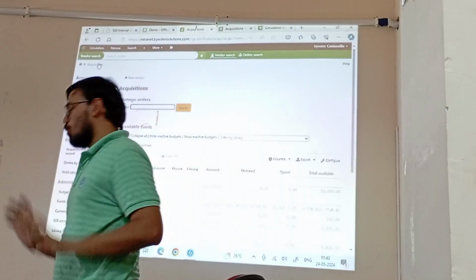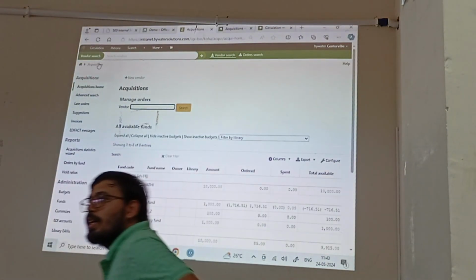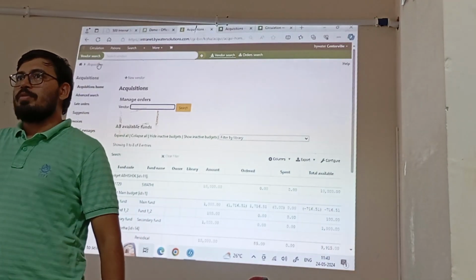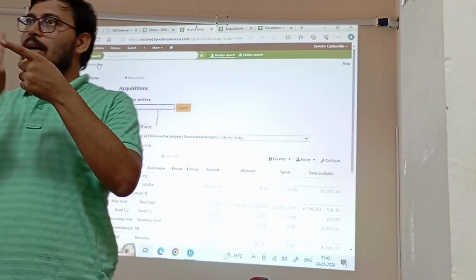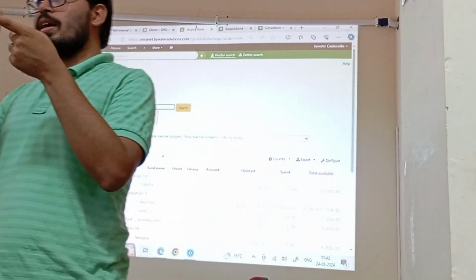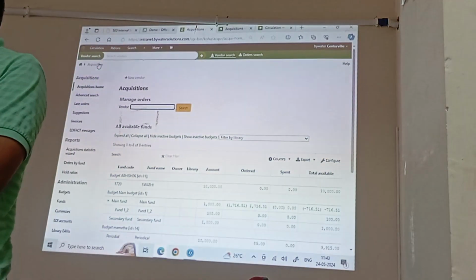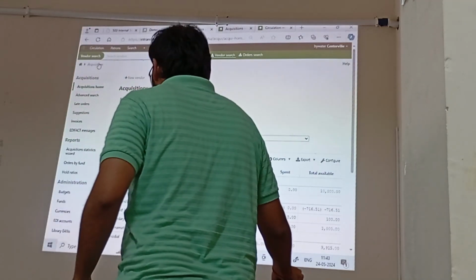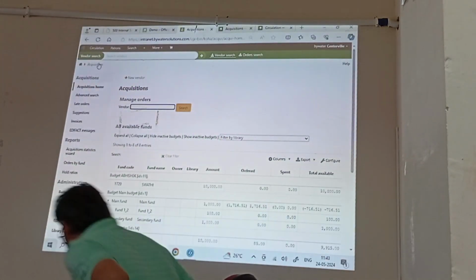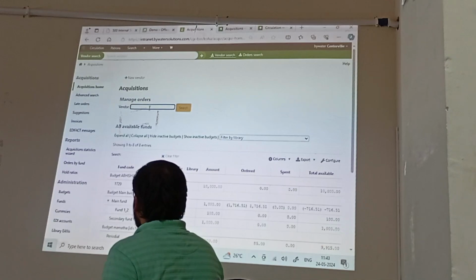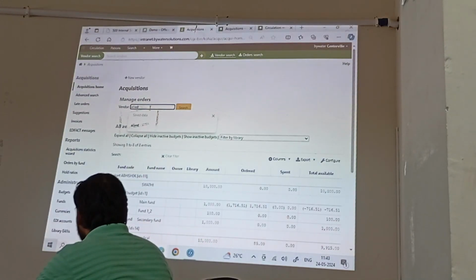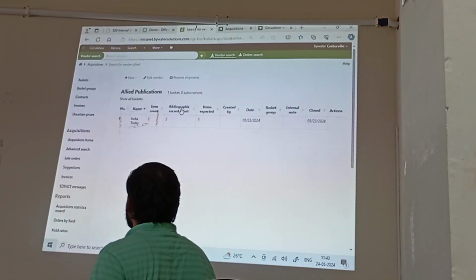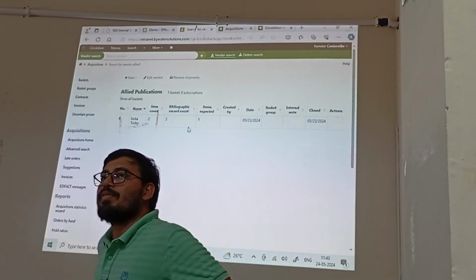Following, right? So we have created our vendor. Remember, we created our vendor. We created the basket in that vendor. We added a book in that basket. Then we have closed the basket. Now what we will do? We will go and search for the vendor that we created. So this is the vendor that I have created. Remember,